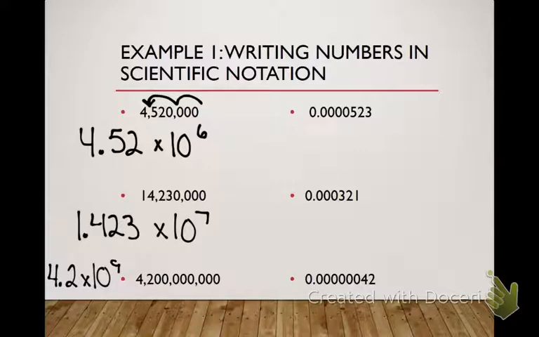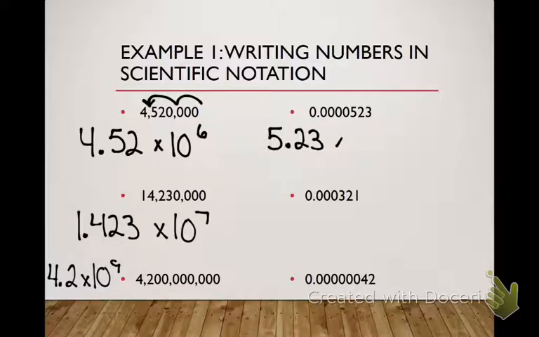Yep, that was 9 decimal places. All right, now in the second column, I'm going to do the first one with you. We still move it to the first non-zero number, which is a 5, from left to right. All right, so now we have